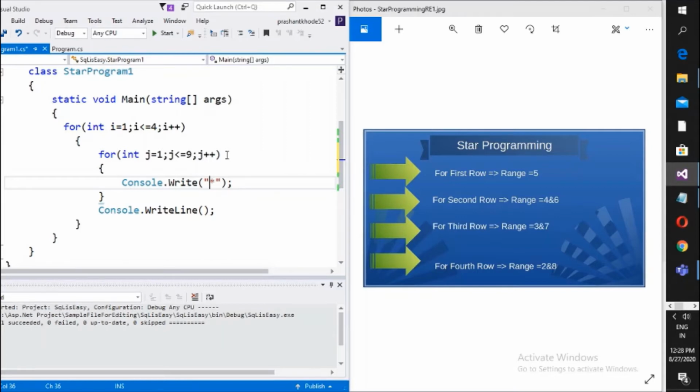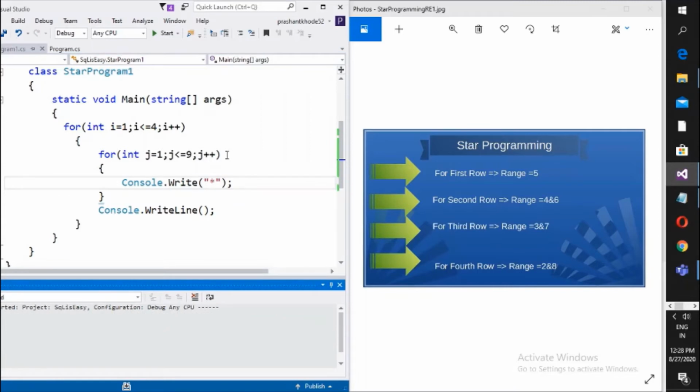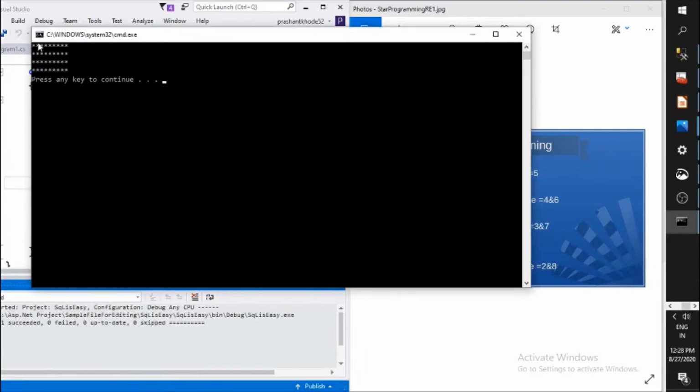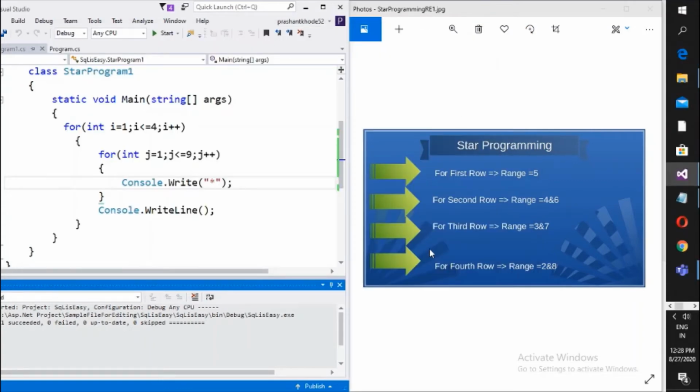Press Ctrl F5, and you can see here 1 2 3 4 5 6 7 8 9, and there are 4 rows. So we want this type of